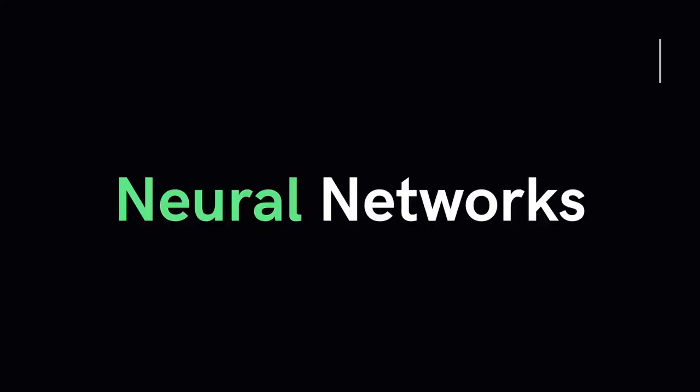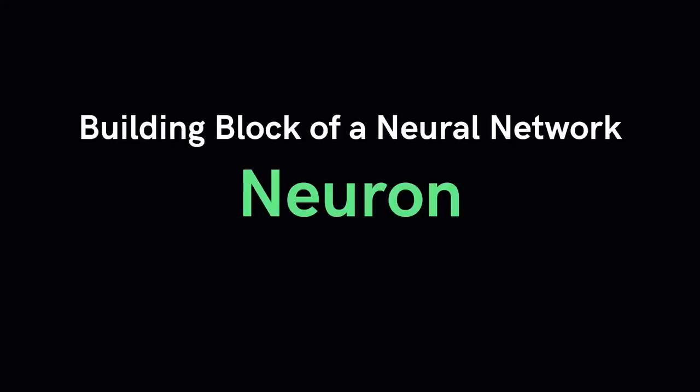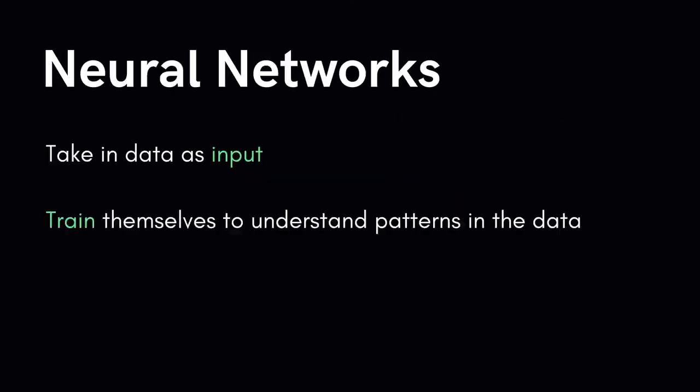Deep learning models refer to the training of things called neural networks. Neural networks form the basis of deep learning, a subfield of machine learning where algorithms are inspired by the structure of the human brain. Just like neurons make up the brain, the fundamental building block of a neural network is also a neuron. Neural networks take in data, they train themselves to recognize patterns in this data, and predict outputs for a new set of similar data.